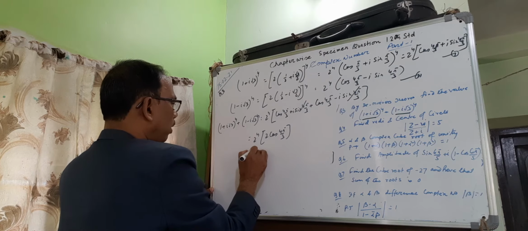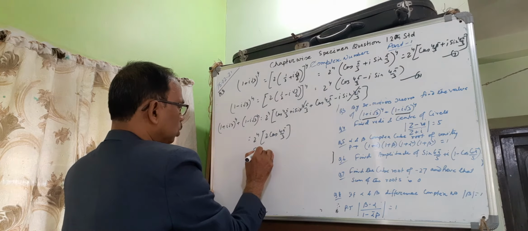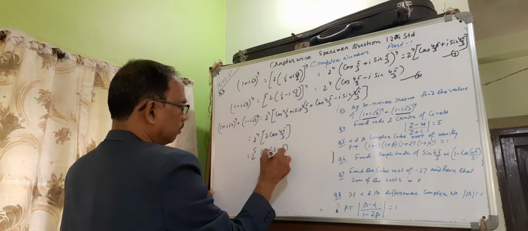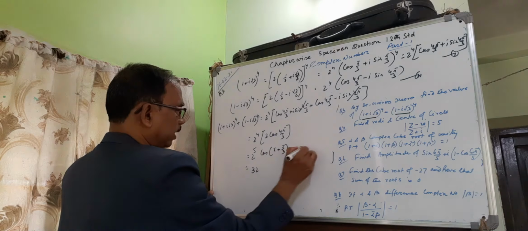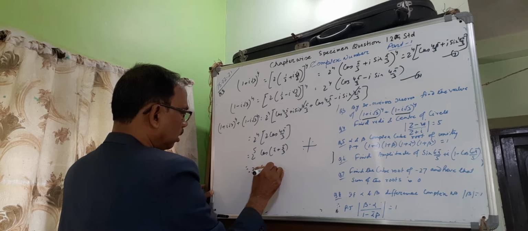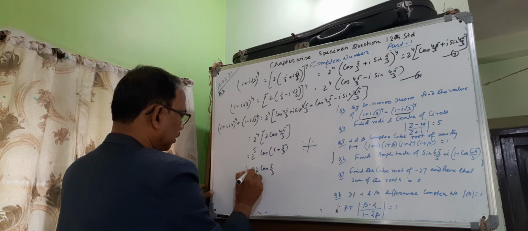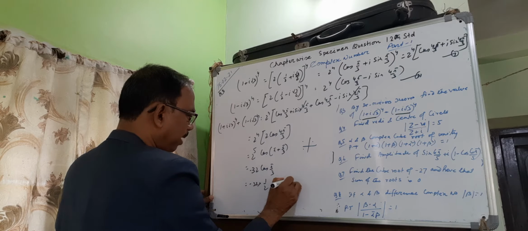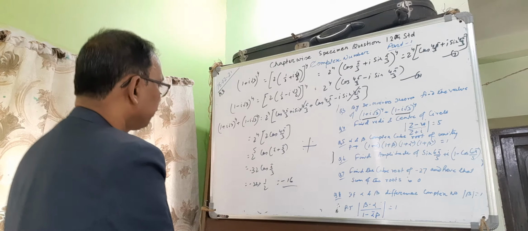That is 2 to the power 5 cos of (pi plus pi by 3), that is 4 pi by 3. That is 32 times minus cos pi by 3, because in the second quadrant, all sin tan cos, cos is negative. That is minus 32 times cos 60, which is half. That is minus 16, which is the value of the given expression.